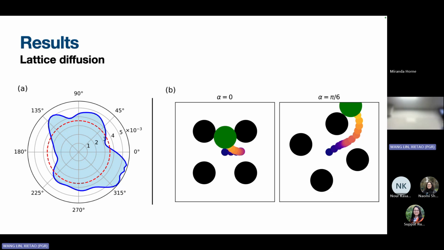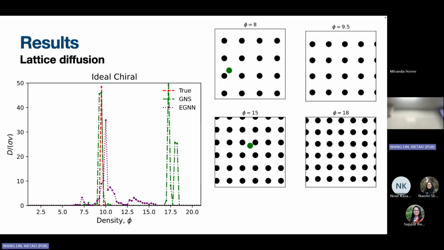and map this radar plot, and you can see that this escape threshold is very irregular. So the graph neural network predicts that the particle should escape outside the shaded area, and inside the shaded area, the particle gets trapped. And here, the red line is the threshold at this one.